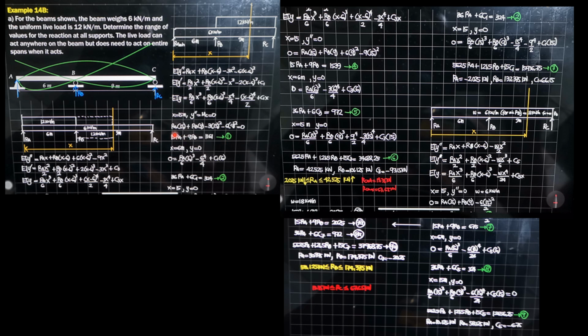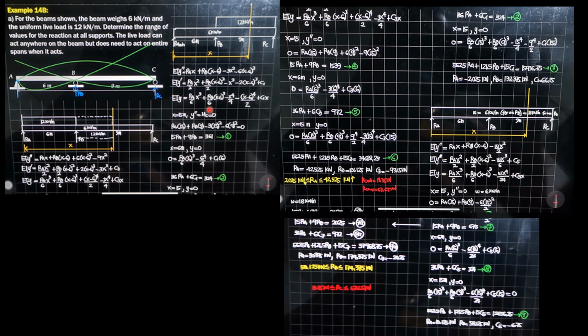So substitute RA times 15 into this equation, plus RB times 15 minus 6, 9, and minus 3 times 15 squared, minus 6 times 15 minus 6, 9 squared equals 0. Take note that after we simplify, it is 15 RA plus 9 RB equals 1161. This equation is the same equation if you sum up moments about C. Try to do that, summation of moment about C. Verify that this is the same equation that you can formulate.